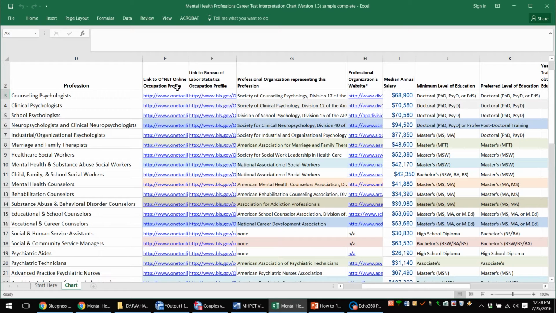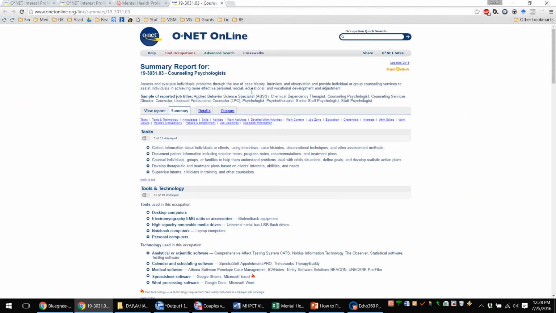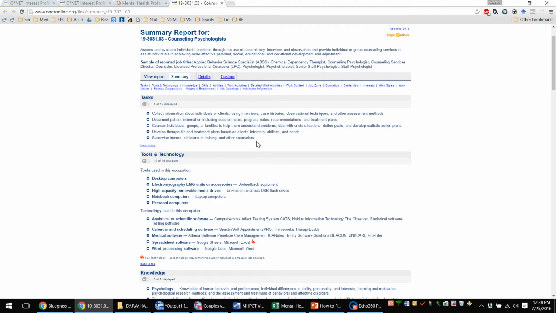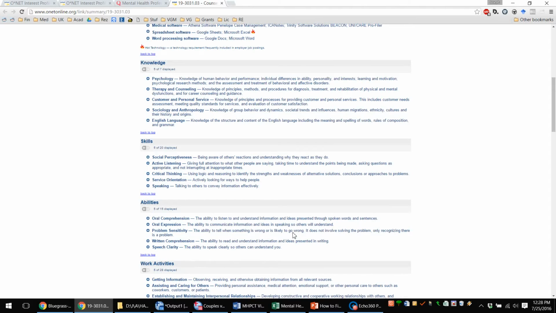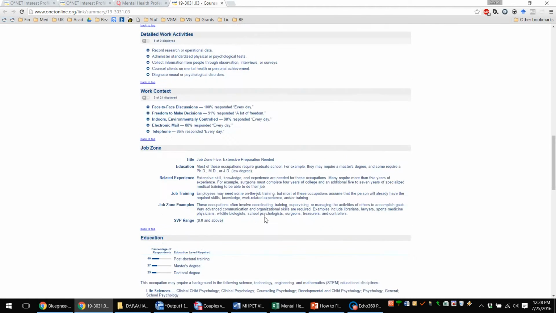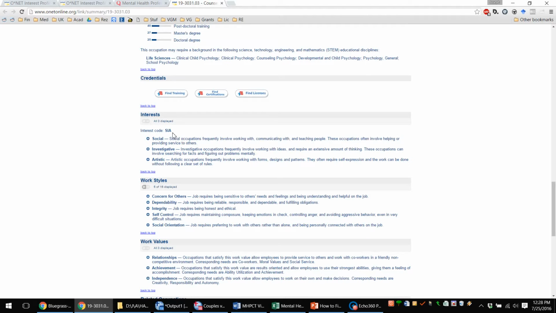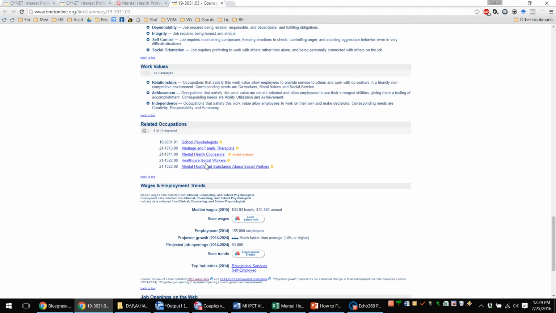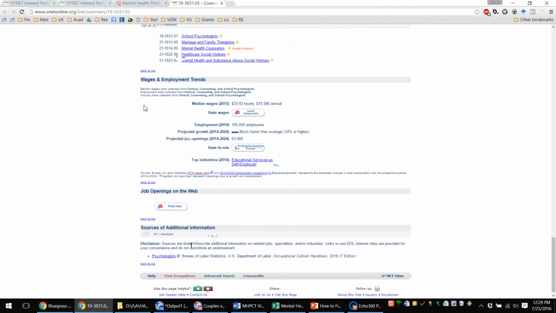So the link to the O*NET interest profile for that occupation. So for counseling psychologist, if we click on this link, for example, it'll bring us to the O*NET online summary report for counseling psychologists, where you can see what tasks they tend to do on a day-to-day basis, what tools and tech they use, the knowledge, skills, abilities, and work activities that they draw upon, job outlook, typical education, Holland interest code results, so you can check to see how well the Holland interest code for this profession matches up to the code, the top 3 scores that you got when you completed the O*NET interest profiler, and then related occupations down here that you can click to see, wages,